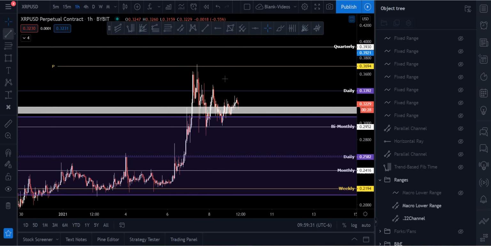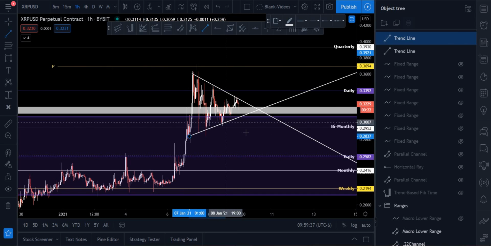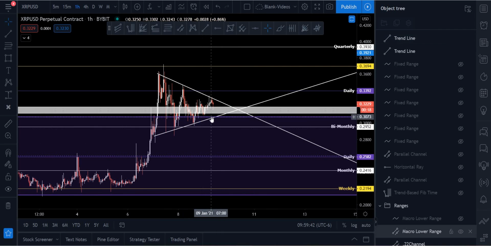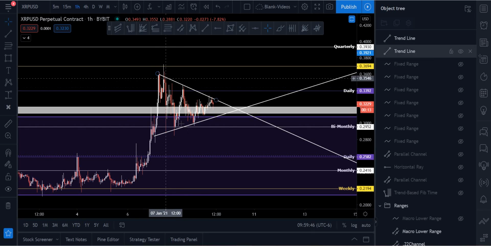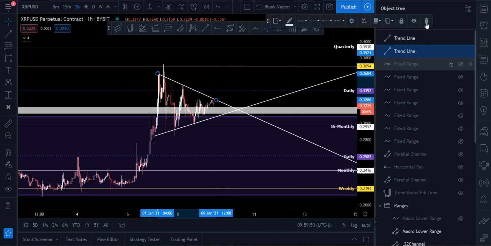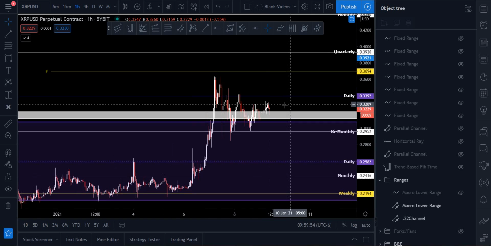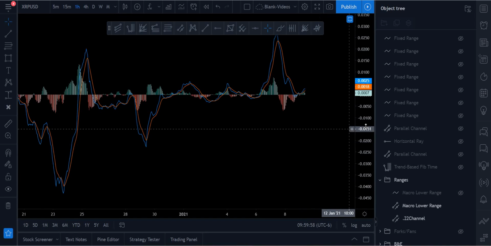So what you do have is a very, very clean potential pennant here, and I think that this is going to give you the next move. If you are trading XRP, you could be buying support here. If you think XRP is going to break to the downside and that this is a descending triangle, you could be shorting these highs. As long as you have good risk management, I think that either play is sufficient. I'm not really trying to take positions on either one. I will tell you that if I had to pick,